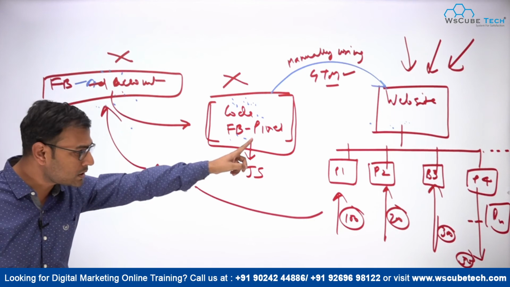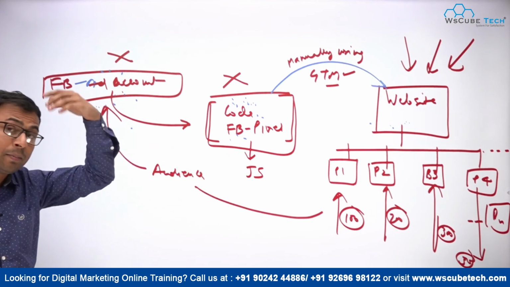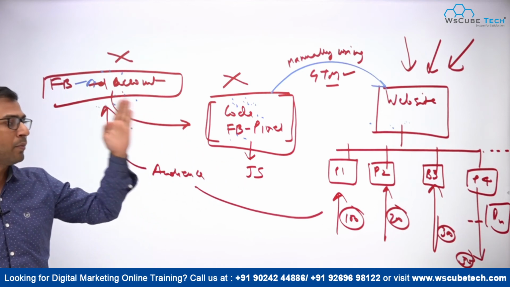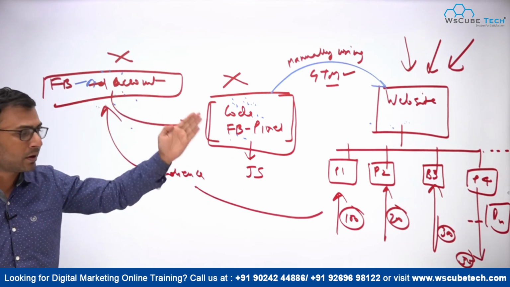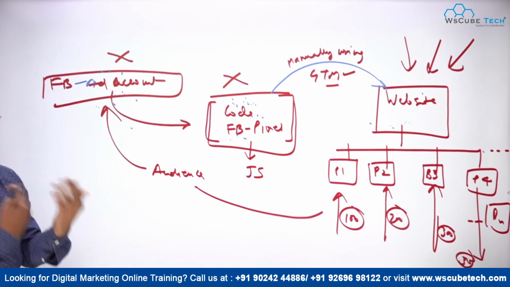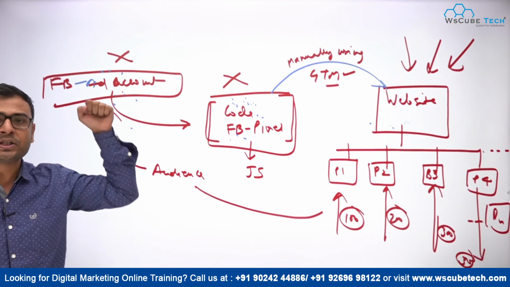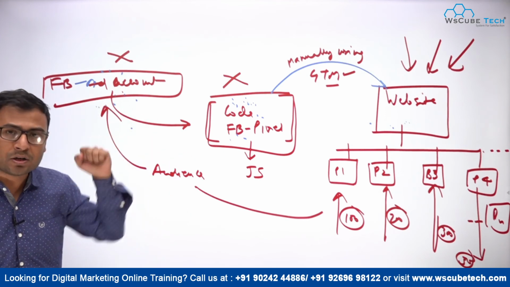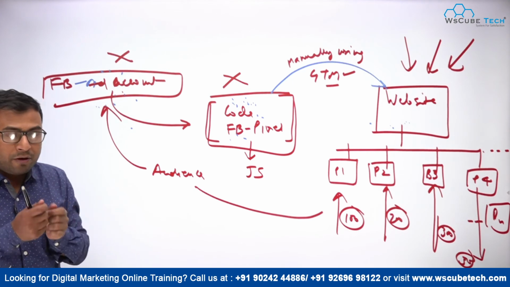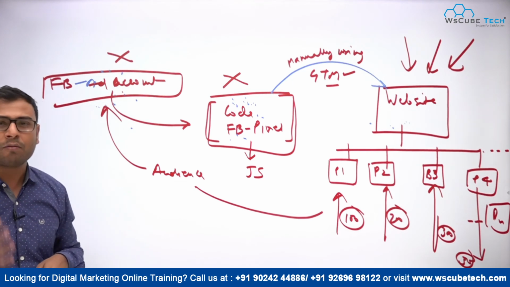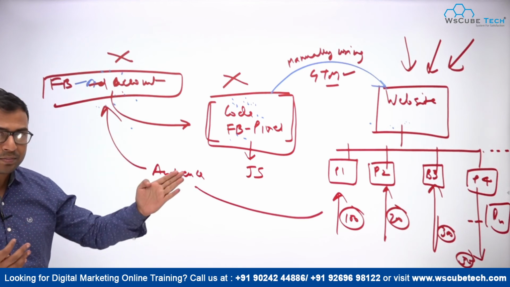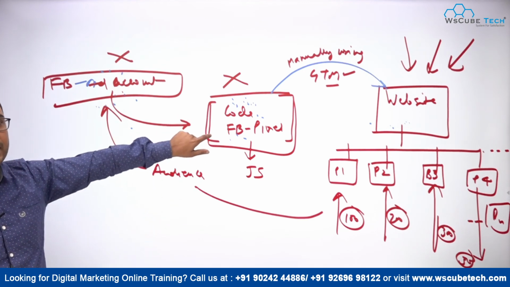So your pixel knows how many people visited page number 1, how many visited page number 2, how many visited 3 and 4 respectively. Your pixel knows each and everything, because it is now connected with your website. It records specific events also: how many people have made transactions, how many only viewed our content, how many scrolled our page. It captures each and every activity happening on your website, and it sends this data to your ad account.